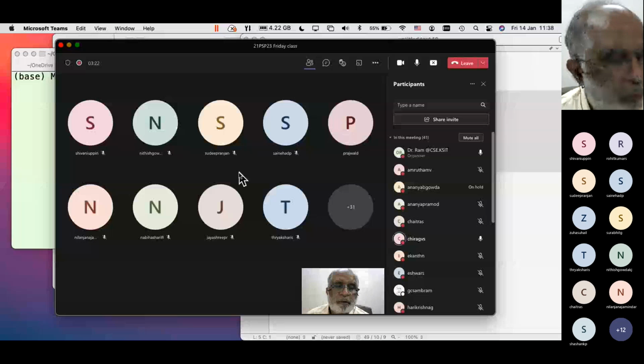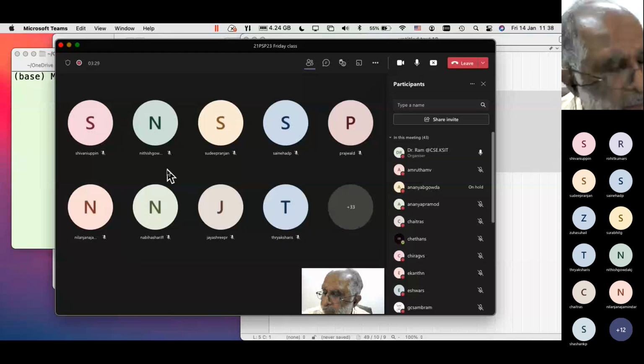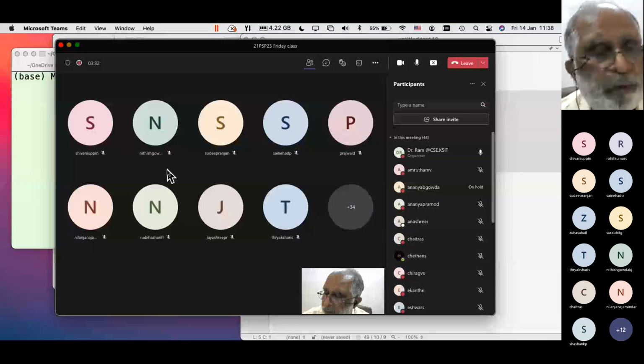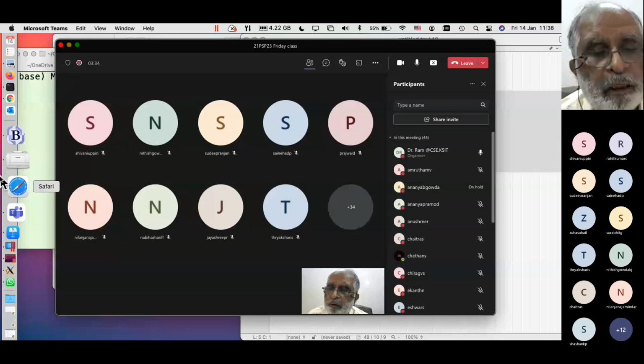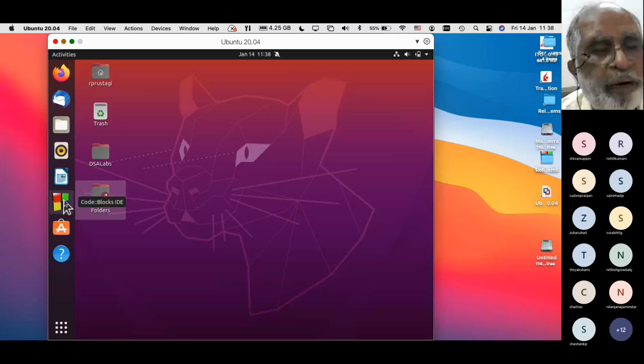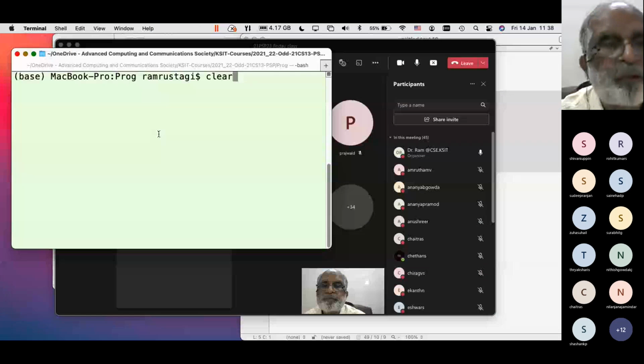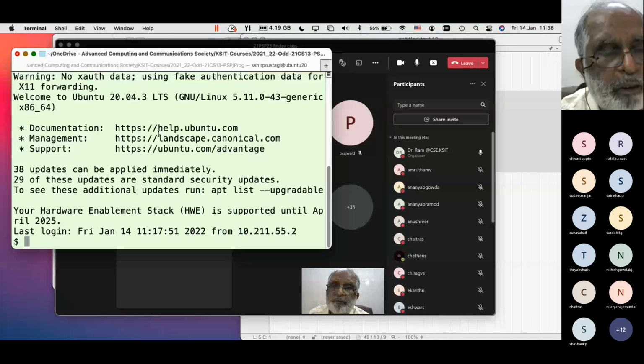Okay, thanks. So yesterday, some of you asked, how do we pass command line arguments into code blocks? So this is my Linux machine, which is set up. We have a code block. But to do a better display, I log into this machine from my MacBook and run it.